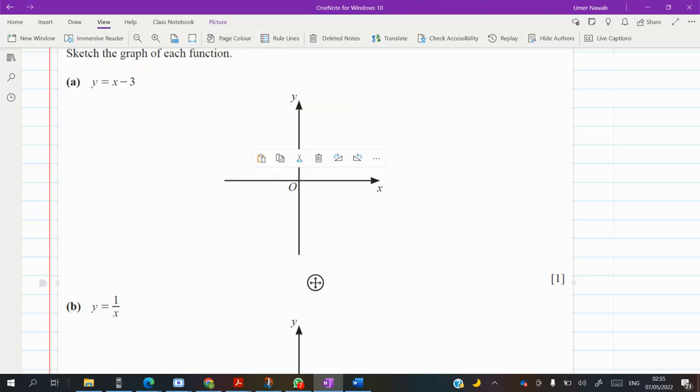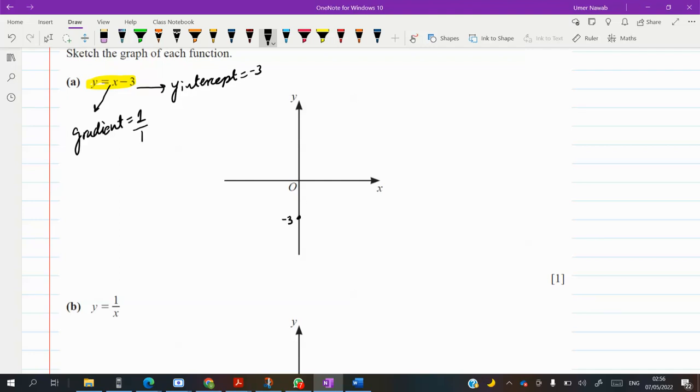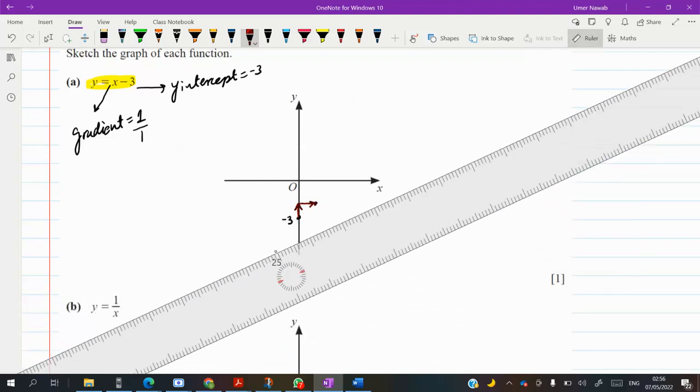If you see that we have an equation of a line, we want to sketch it. Look at that. We want to sketch this line. What is the gradient given here? The gradient is 1, and minus 3 is the y-intercept. So this is minus 3. The gradient is 1 over 1. So 1 up, 1 right. So this is the point and this is the point. Then you draw this rough sketch,